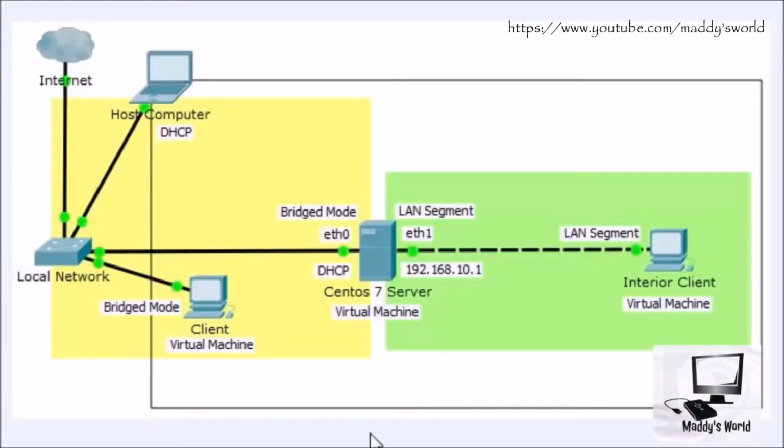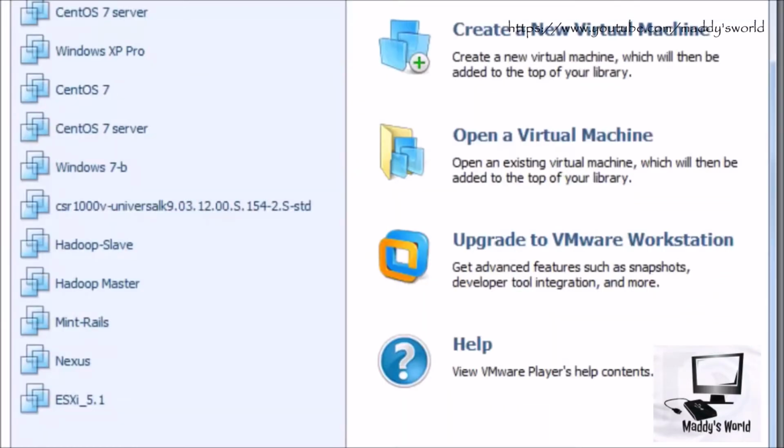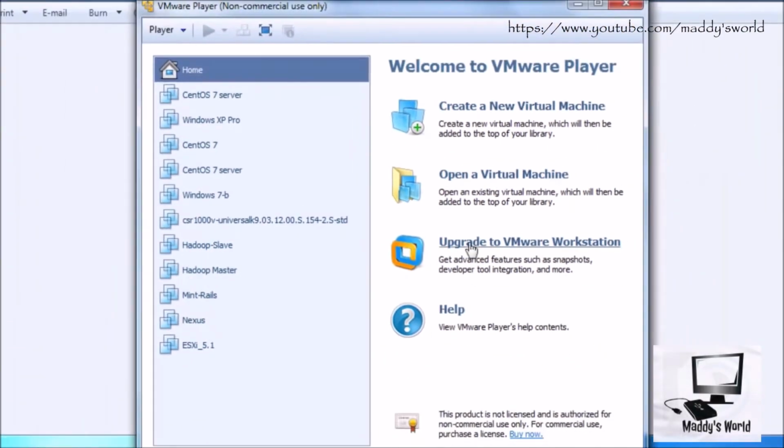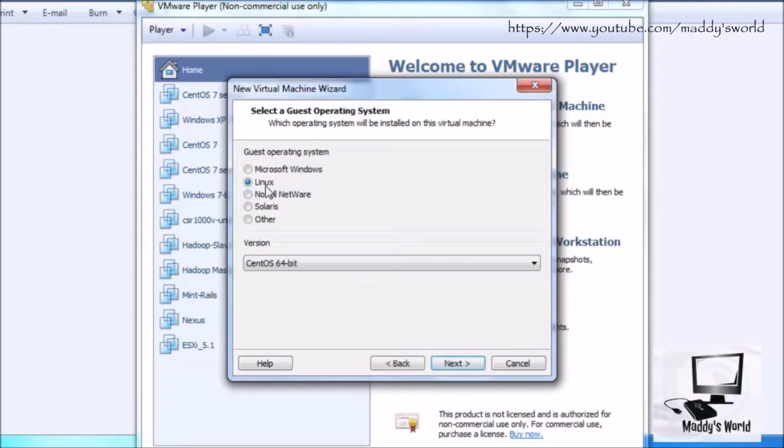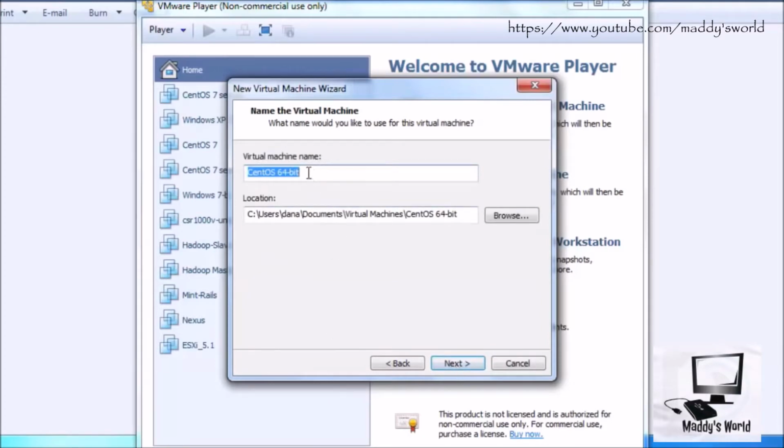So now what I need to do is create my CentOS 7 virtual machine in VMware Player. So I'm going to open up VMware Player. I have it open right here, and I'm going to create a new virtual machine, and I'm going to install the operating system later after I create the virtual machine hardware. So I'll press next, and it's going to be Linux, and I've already got the chosen operating system here, CentOS 64-bit, that's the version, and I'll hit next. I'll name it, so it'll be CentOS 7